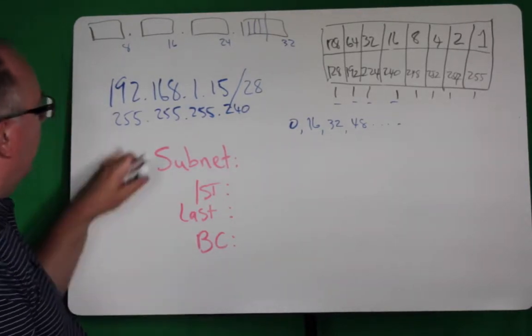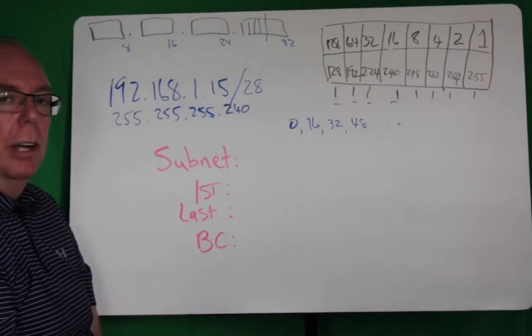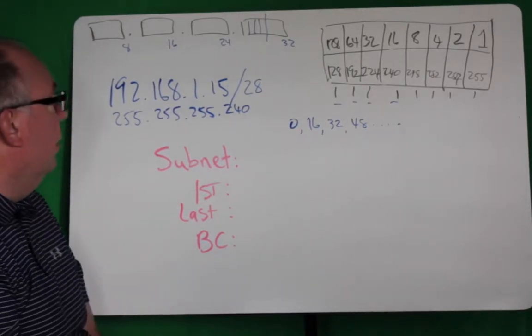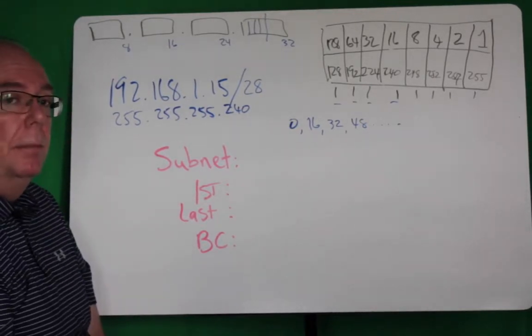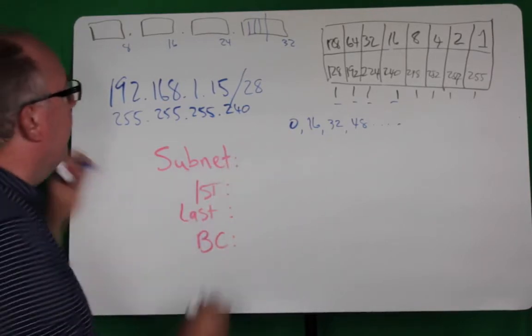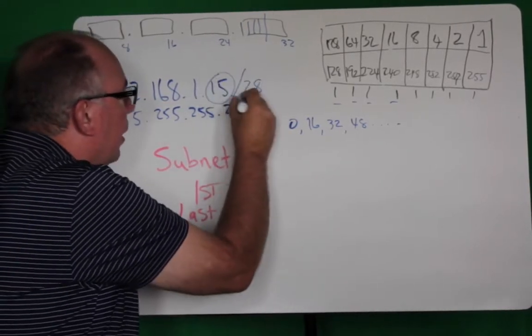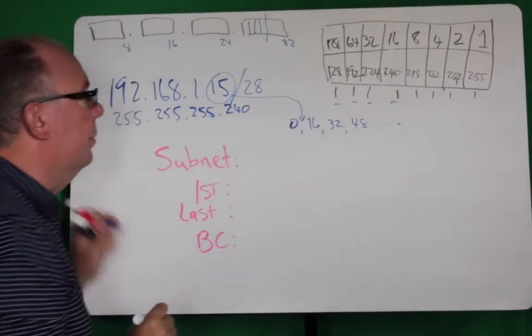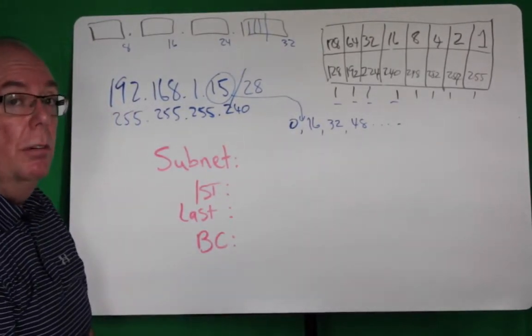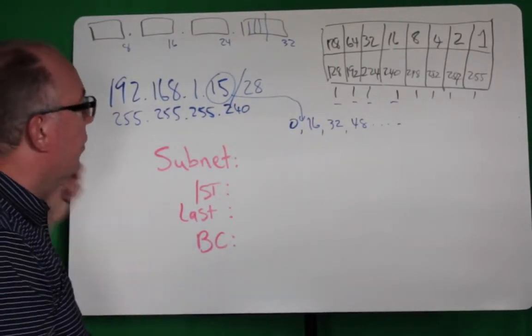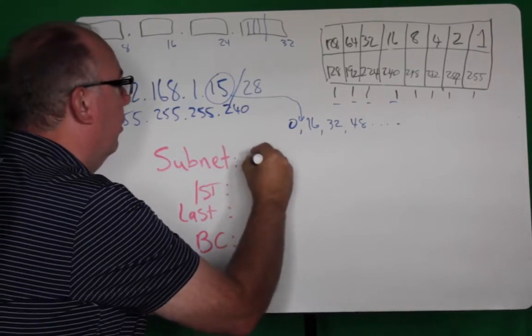All right, so now let's look back at the original address, 192.168.1.15. If we think about that, that 15 falls right here. It falls right between the 0 and the 16. So therefore, we can say it's part of the